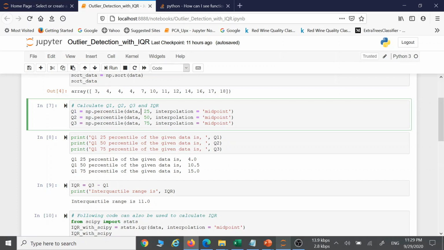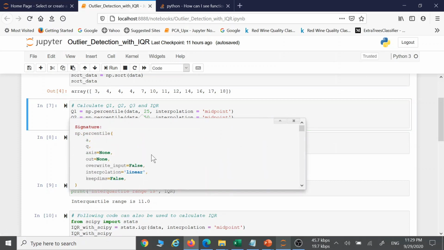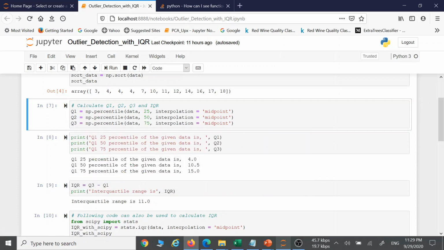If you want the details of what to mention, you can use shift tab to get all the help. First we provide the data, then which percentile to use, that is 25, and for the interpolation method we provide midpoint. Same way we can do it for all three. For Q2 we will use the 50th percentile, and for Q3 we will use the 75th percentile.